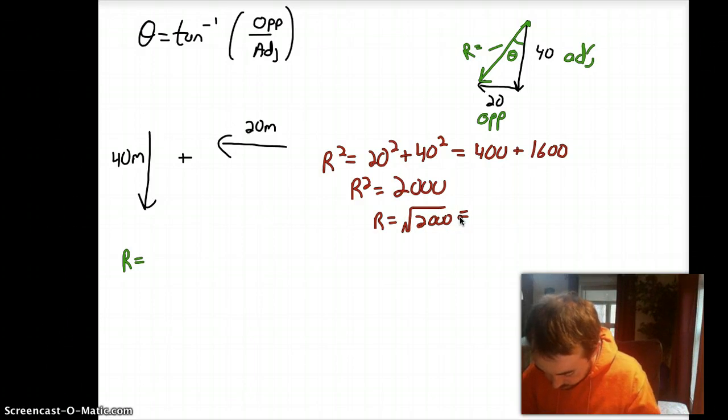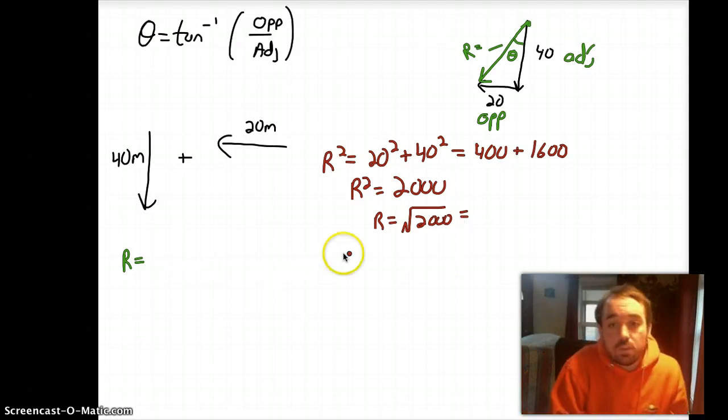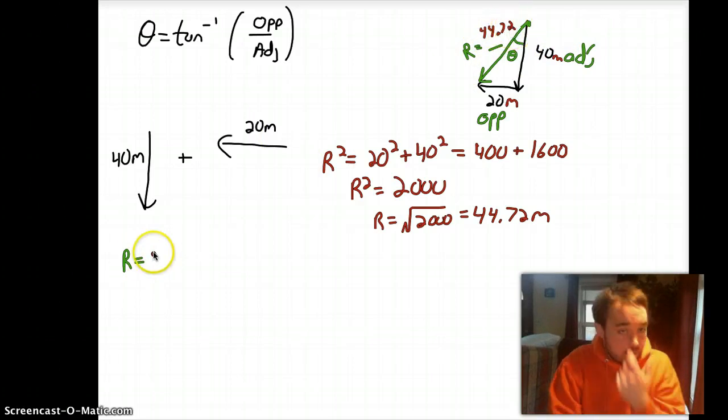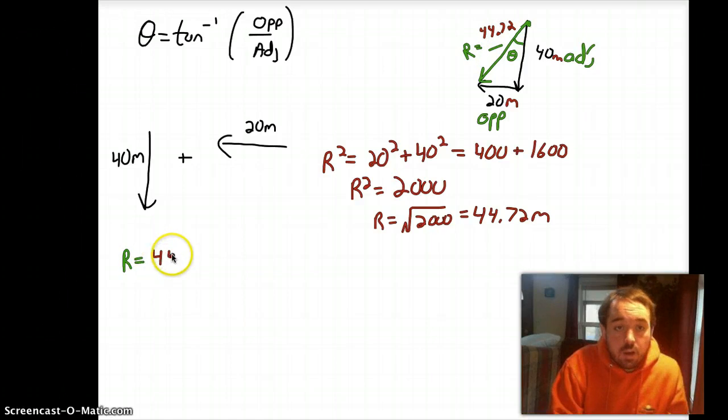just going to find my square root button. There it is. 44.72 meters. Should put those units. So my R has a length of 44.72 meters, something we've done before, finding that length. So what I'm classifying, R is 44.72 meters